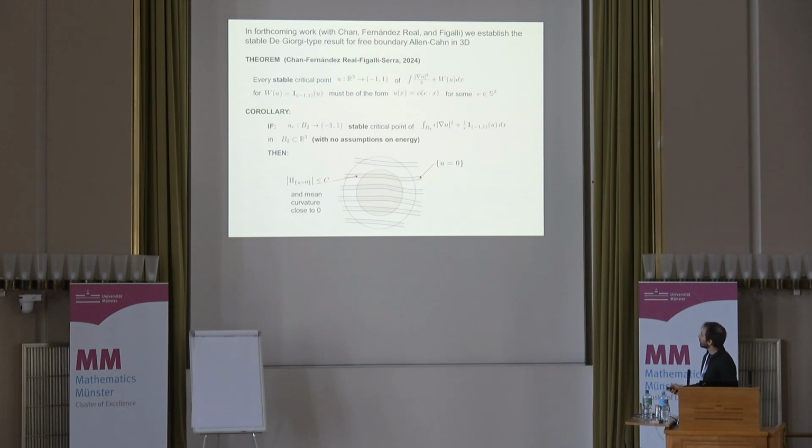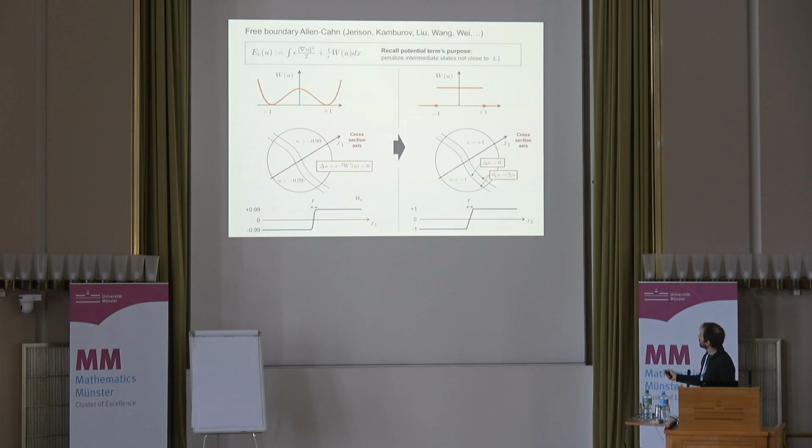So what happens in higher dimensions is that you have a free boundary problem. The function U will be exactly -1 in some regions. There is one free boundary, there is a second free boundary, and between the two free boundaries the Laplacian is 0, because the potential is constant. So when you compute the Euler-Lagrange equation, you just get a harmonic function, right? And the effect of the nonlinearity is giving a free boundary condition. It says that the normal derivative of U is like 2 over epsilon, right?